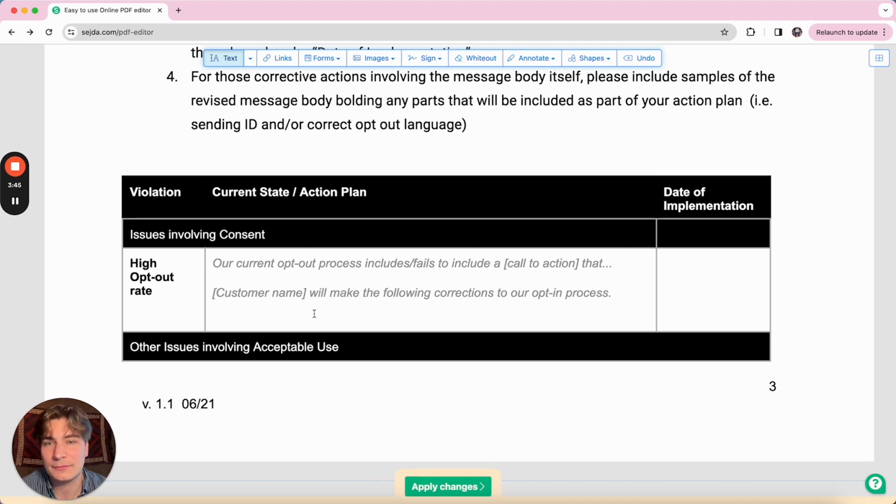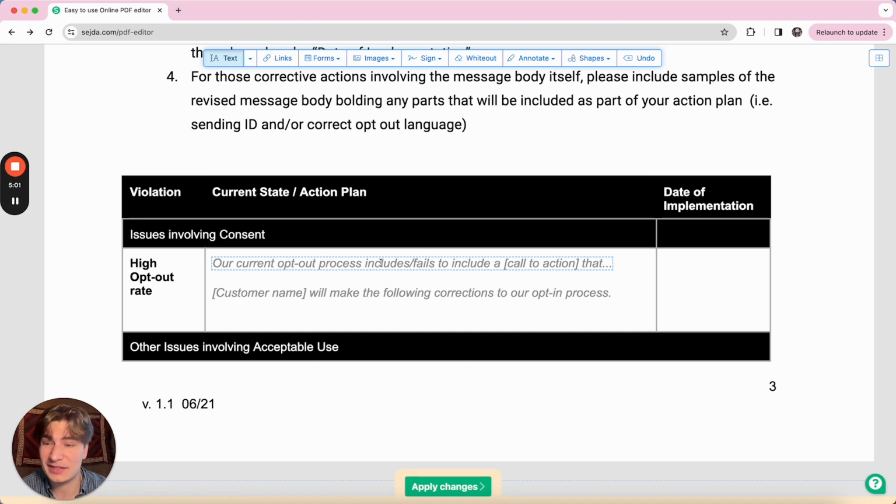So what they're really asking for here is a couple things. The first is your current opt-in process fails to include X. That could be something like a checkbox that they're consenting to receive messages from you, or maybe a terms of service and privacy policy. So if that form is missing something like message frequency, aka how many messages you're going to send them a month, maybe steps to receive help, so if they type help, they can receive help, opt out, so just typing stop to opt out. If those things are missing in your opt-in workflow form, or however your opt-in workflow works,